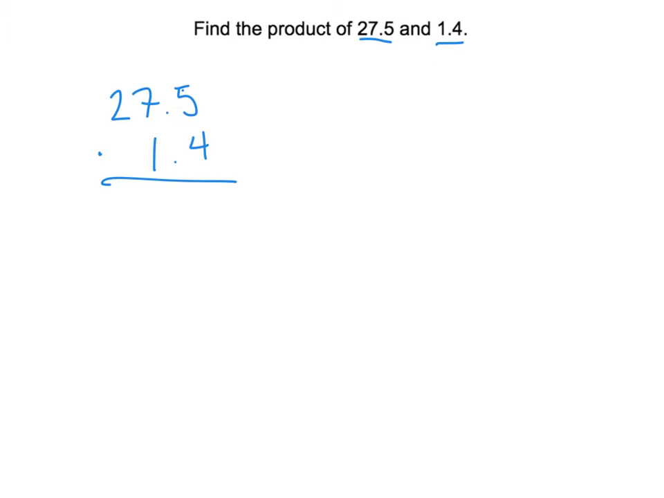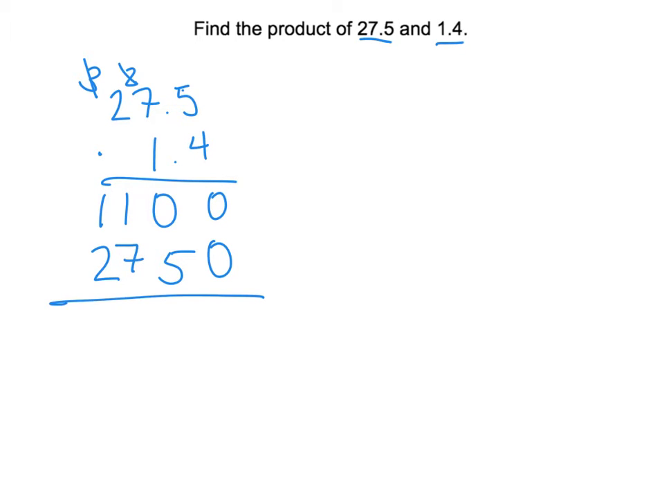So this is 5 times 4, which is 20. 4 times 7, which is 28, plus 2 is going to give us 30. 4 times 2 is 8, plus 3 is 11. Don't forget to put your 0 in as a placeholder. And we've got 1 times 5 is 5, 1 times 7 is 7, and 1 times 2 is 2. So when we add this together, we get